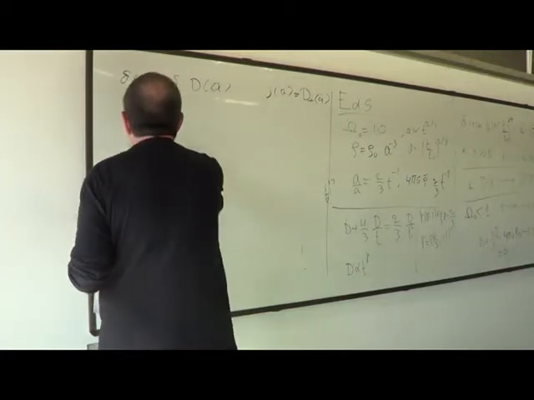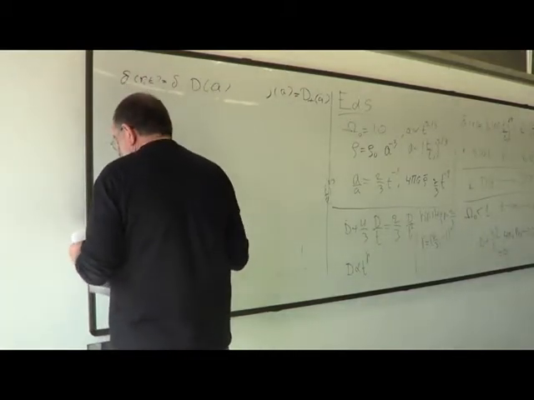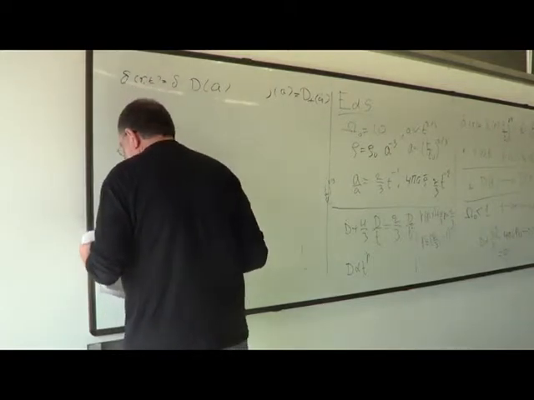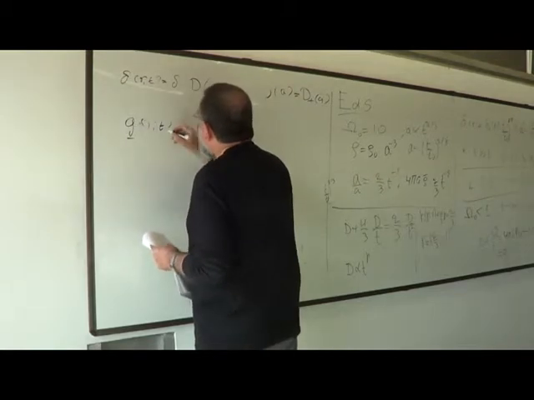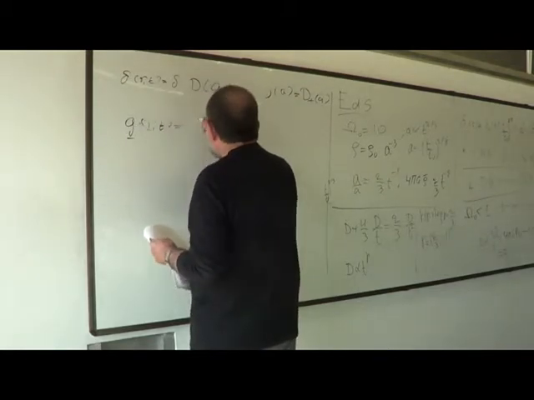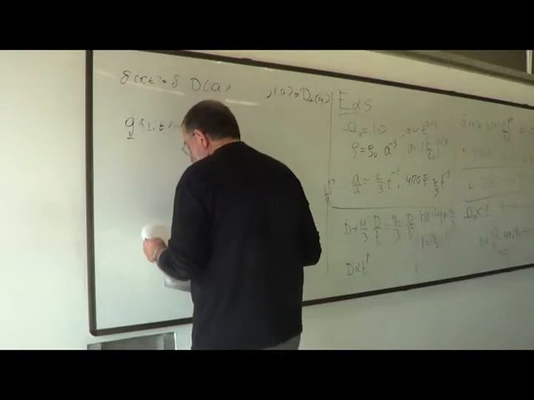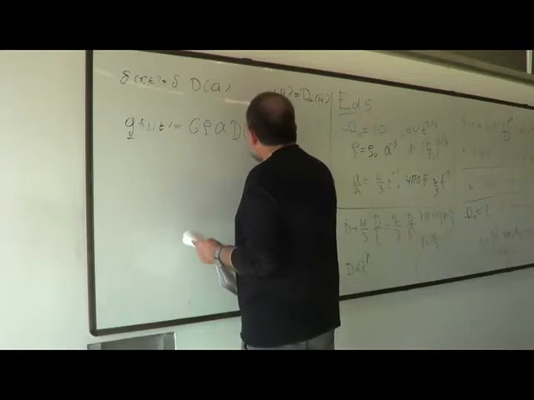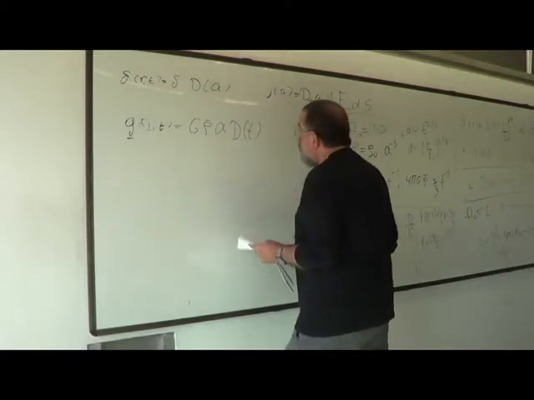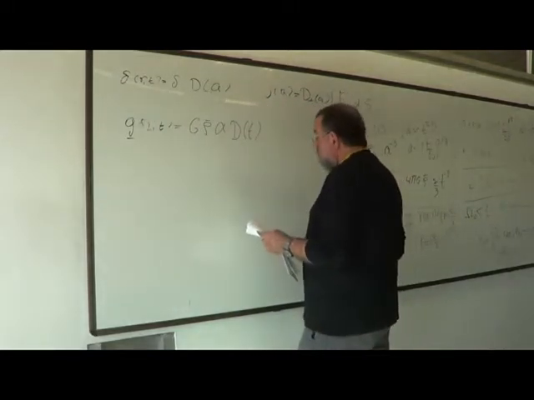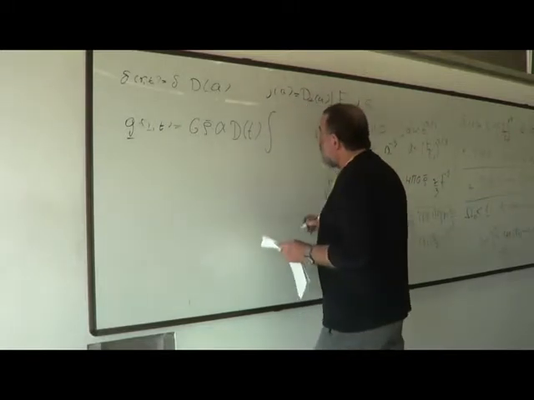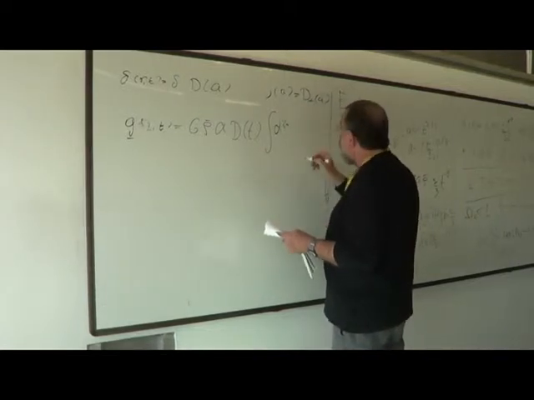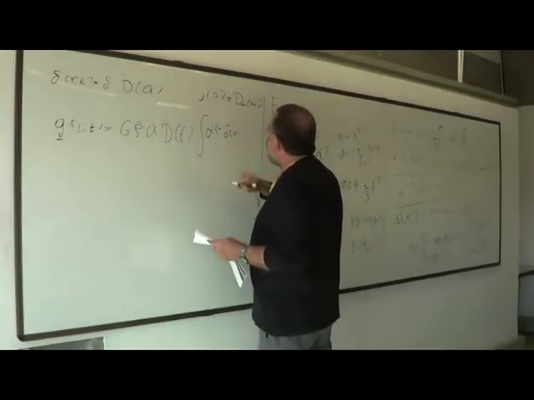So if I write G, the gravitational field, I can write it as G, now in the most general way, times A times d of t or d of a, doesn't matter. So it's the growing mode thing. And what we have here is just the usual expression that we all learned in first year university mechanics, that we have delta r prime,